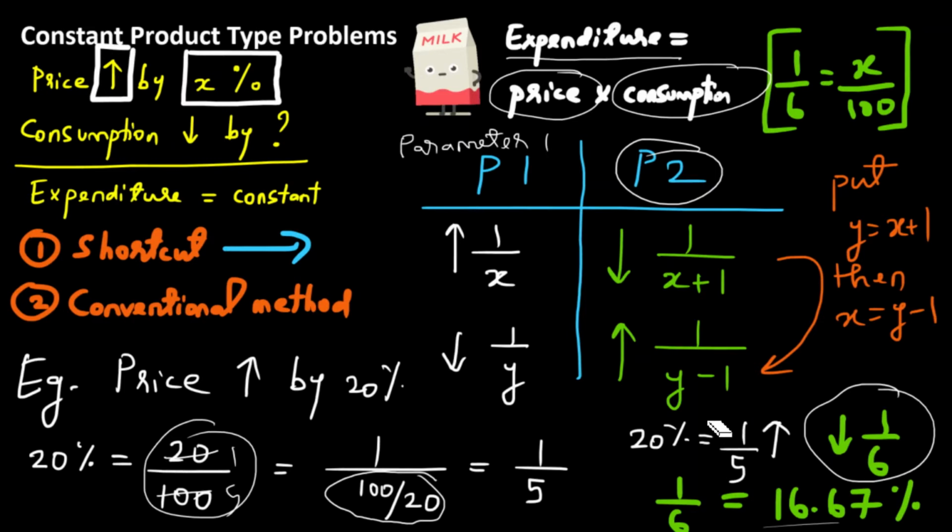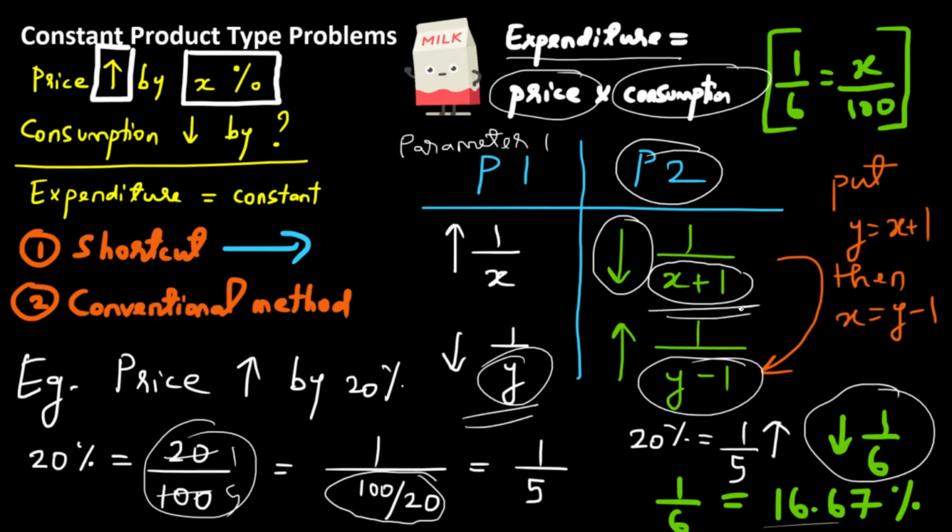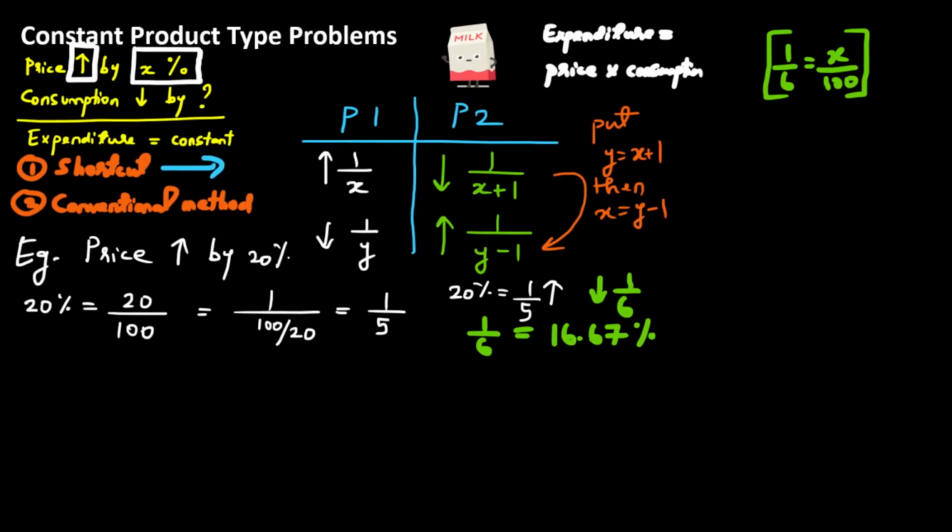And one more interesting thing to remember is, wherever is the decrease, it has the higher denominator. So over here the increase is 1 by x and the decrease is 1 by x plus 1. Over here also the decrease is 1 by y, the increase is 1 by y minus 1. So you can see that the decrease part is the greater value, right? In both the cases, you just need to remember one of them, and accordingly you can apply it in problems. We'll see it in examples. All right, now let's keep this aside, and let's also take this case soon.